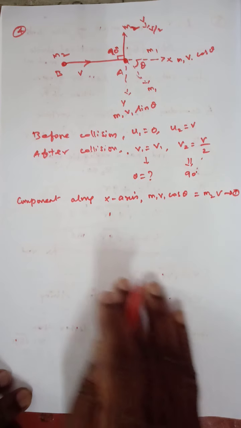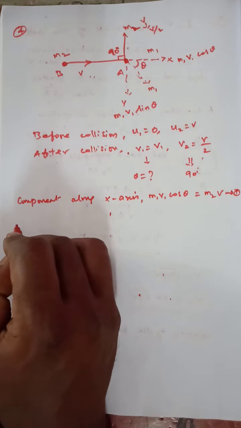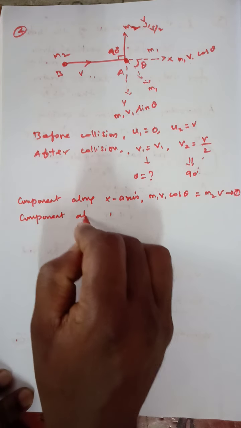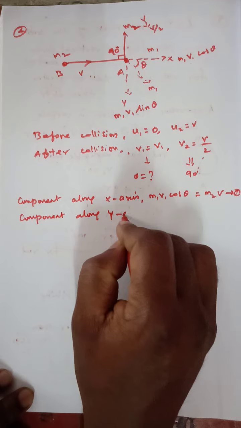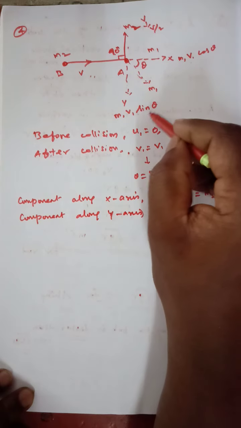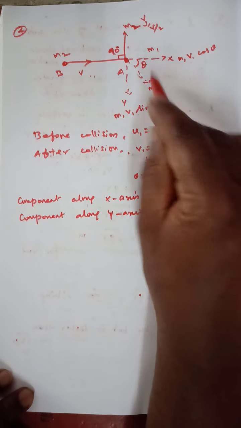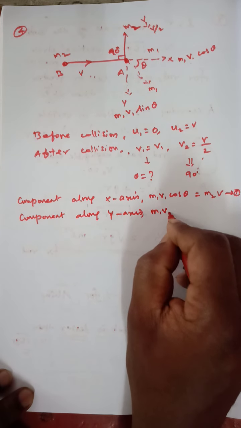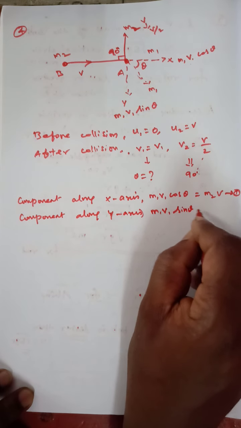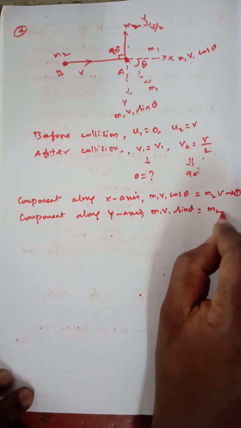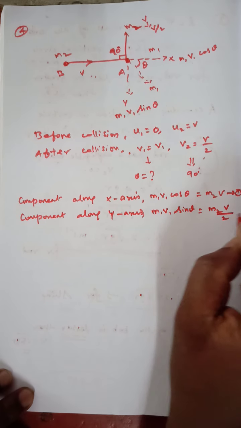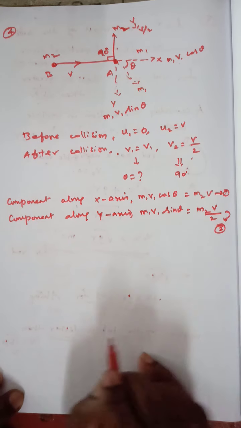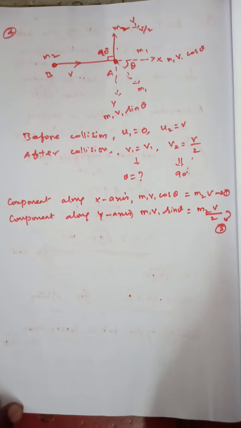Next, for the y-axis, the component along the y-axis is m1 v1 sin theta equal to m2 v by 2. This is equation number 2. Okay, so we have equation